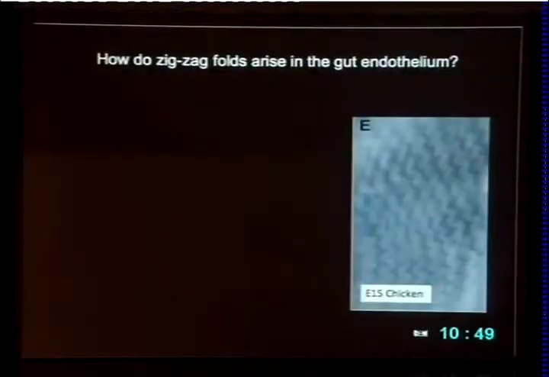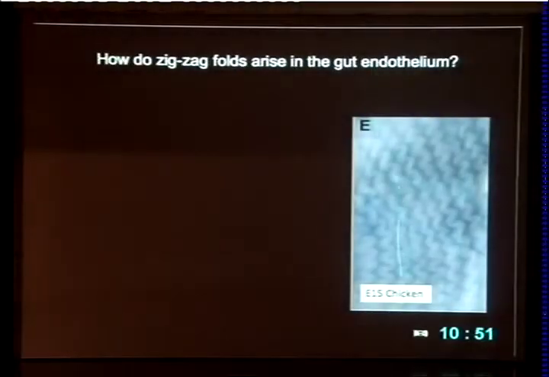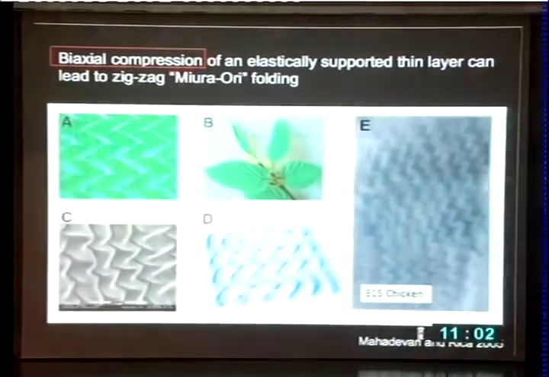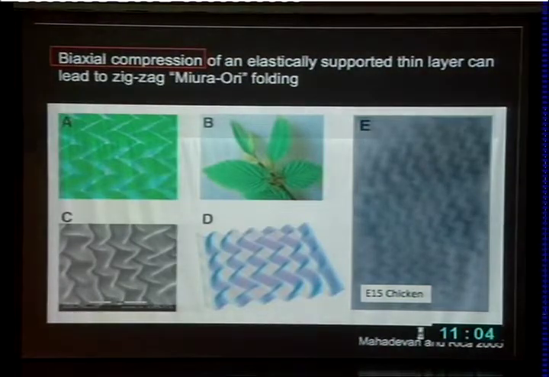What about the zigzags? So with zigzags, you have the ridges now, and after this you don't get any more ridges, but all of a sudden they all become zigzags. Well, how you get zigzags in tubes and in nature was actually explored by a physicist, Mahadevan's group at Harvard, in the context of leaves. And what he found, using various physical models and mathematical modeling, is that the zigzag pattern, which is similar to a Japanese origami pattern,